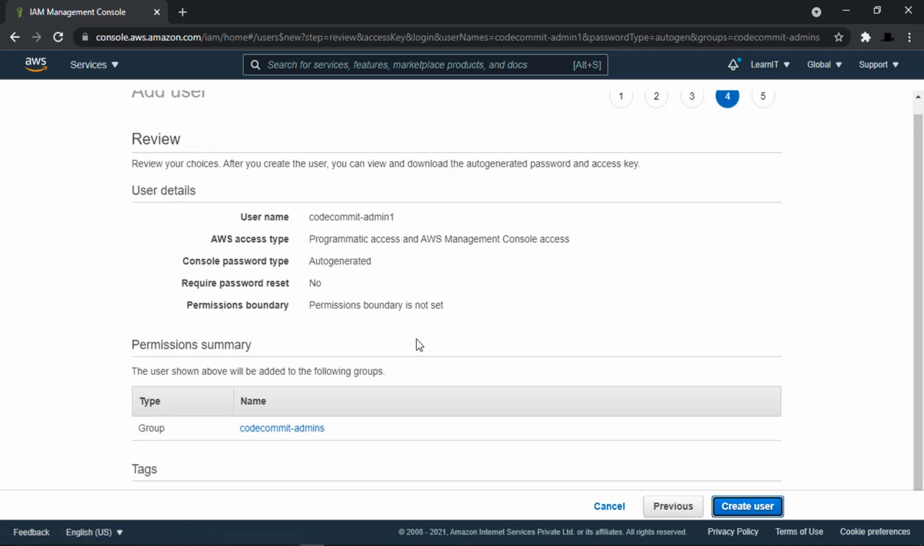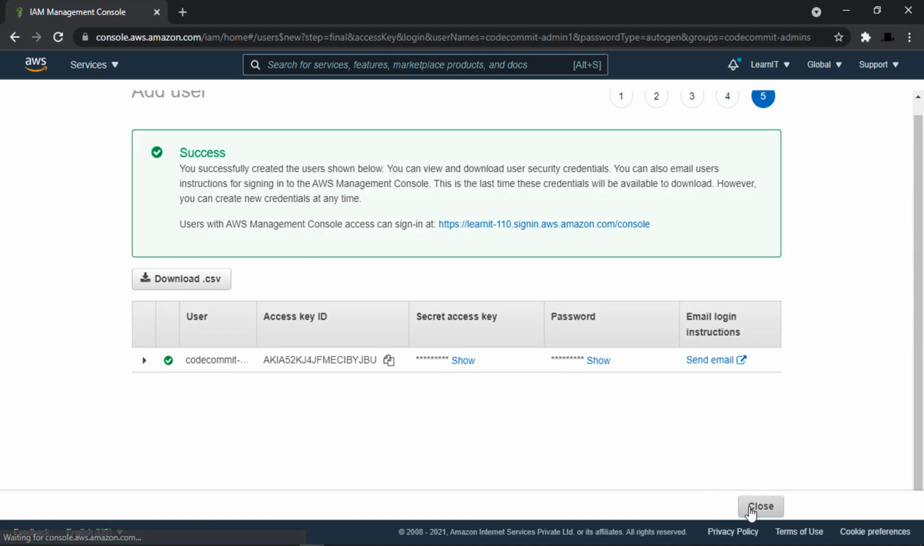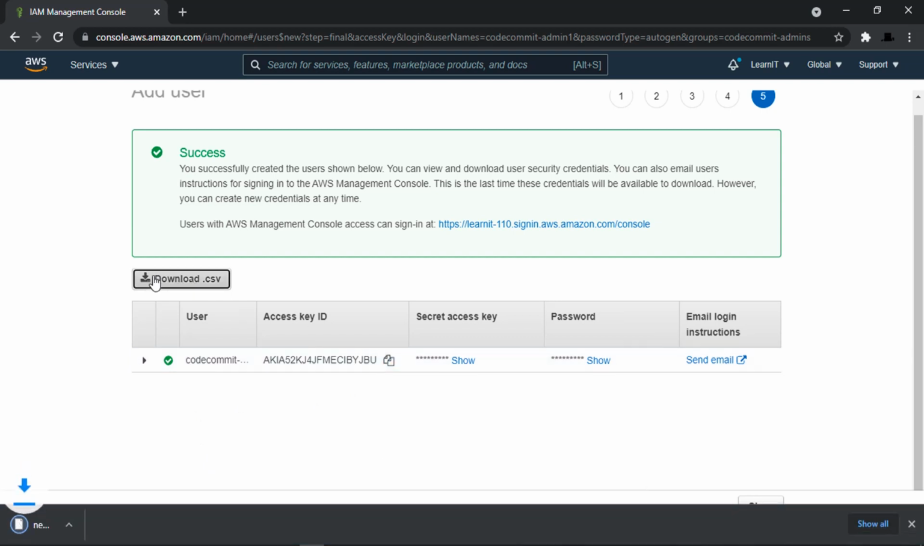Next review, we are creating a new group AWS Code Commit -admins, and we have created a new user code commit -admin 1 with programmatic access as well as AWS Management Console access, auto generated password, and we don't want to reset the password for this user. Let's create. So guys, I have got the security credentials for this user. Let's download these credentials,